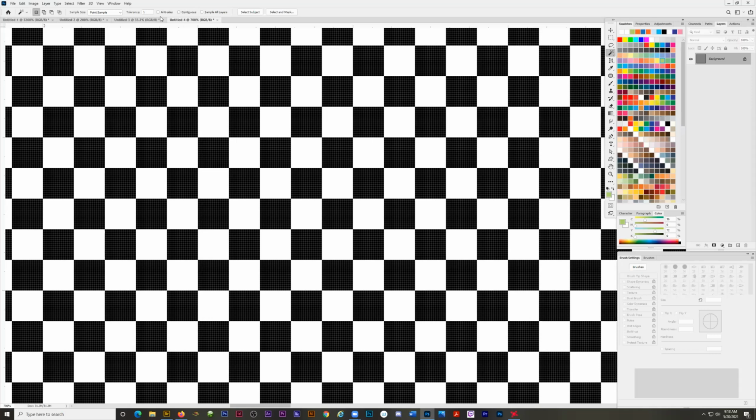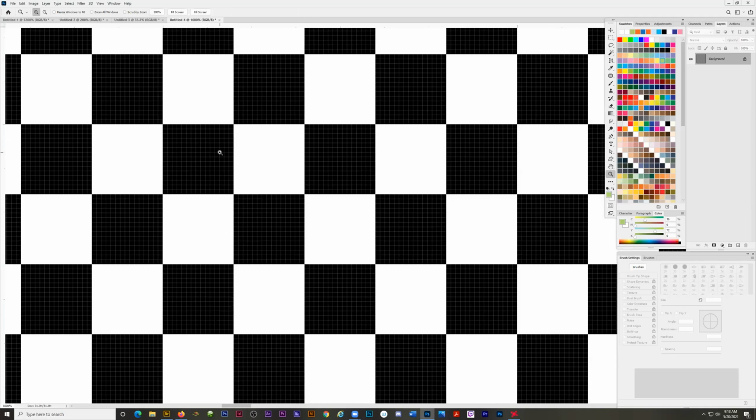That's pretty important because we technically only want to select those solid black pixels of color. So magic wand tool, tolerance set to 1, anti-alias unchecked, contiguous unchecked. And one more thing, you don't have to do this necessarily, but if you have your